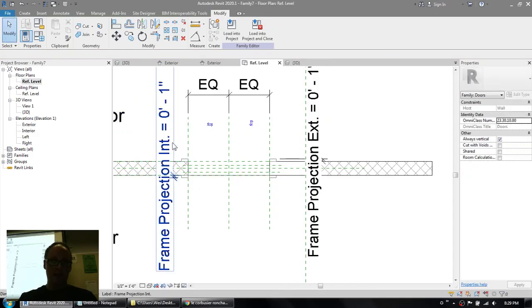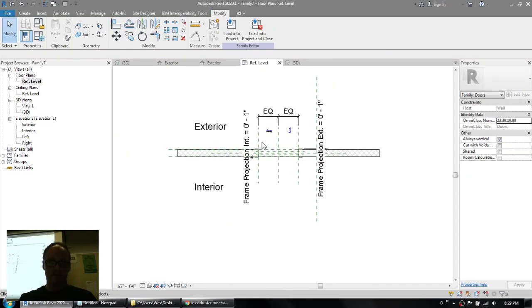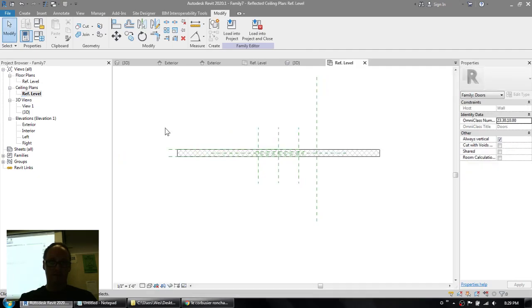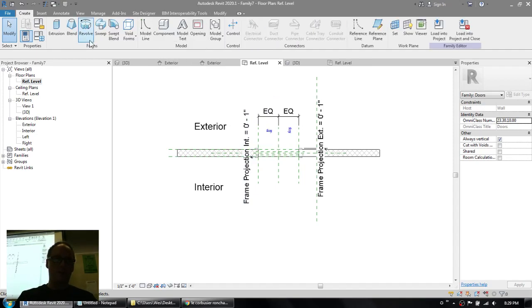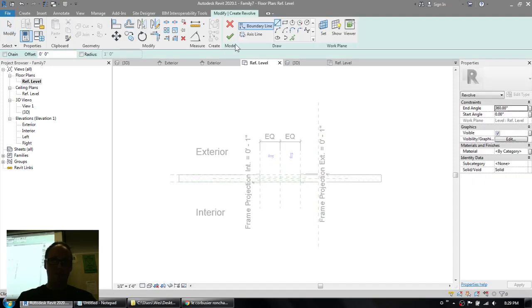Now if I'm in plan, so there's my donut here somewhere. Where did my donut go? It's not being cut by the cut plane. So here if I create the revolve in plan, first you draw your axis line. So it's going to spin around that blue line. And if I want to do something like a doorknob,